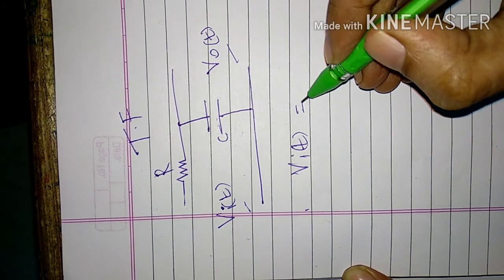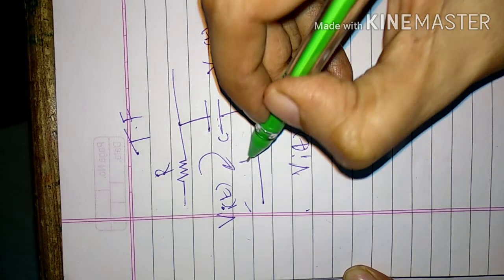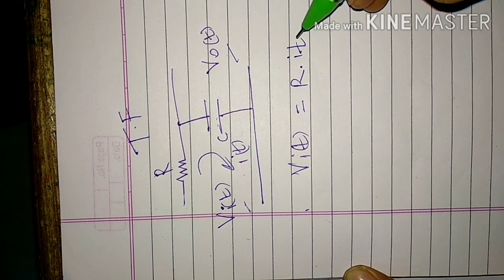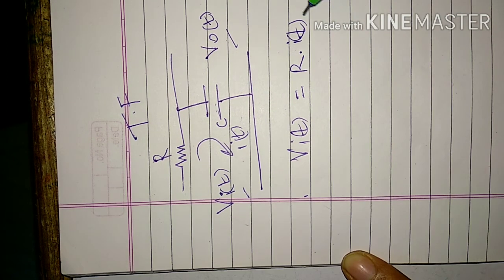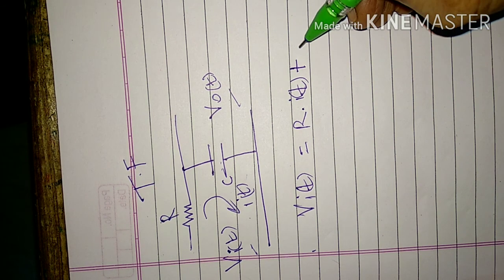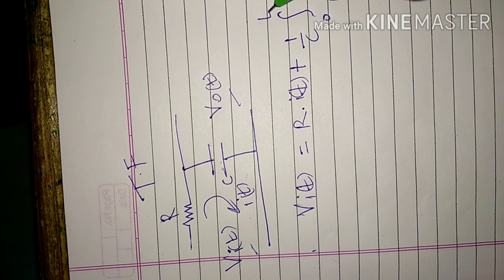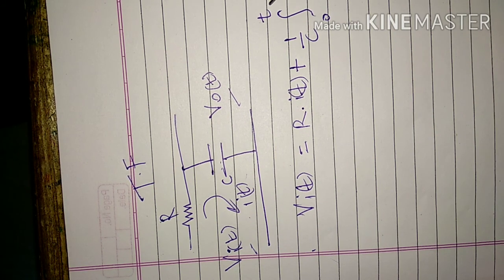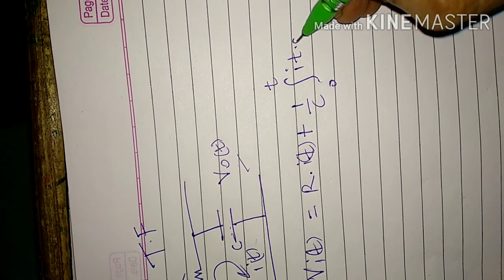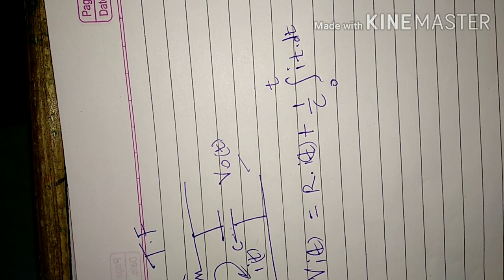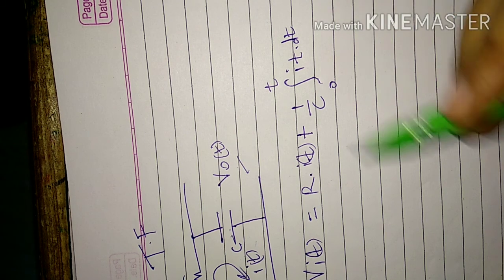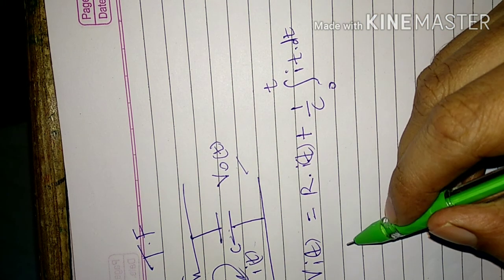v_i(t) equals the current flowing, which is i(t), so R multiplied by i(t) plus 1 by C integration of 0 to t i(t) dt. So v_i(t) = R i(t) + (1/C) ∫ from 0 to t of i(t) dt. This is KVL. Then apply